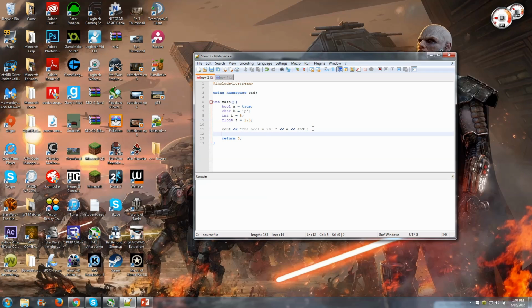Okay, we'll cout again and say the char B is, do a colon here, and I should add a space after that just for looks, and these again, and we just simply type B, and we'll throw another end line on there. Okay, we'll do the same thing for the integer I, the int I,